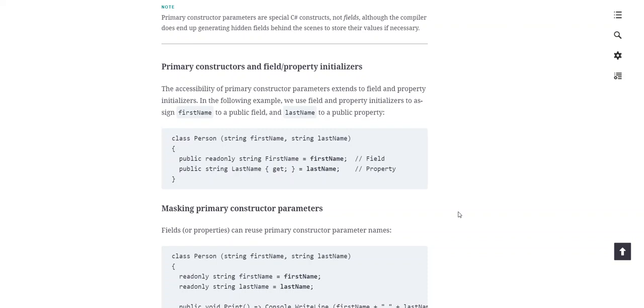Alright, welcome back. So we're still in Module 3, and we're carrying on. This will be the second lecture video for Module 3. So we're dealing with constructors and field/property initializers. So I've got this class person,